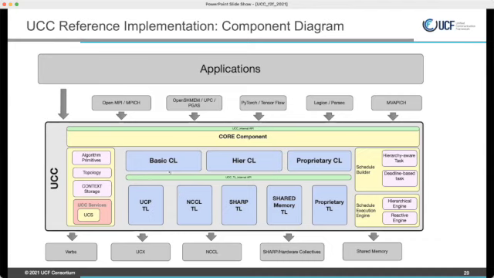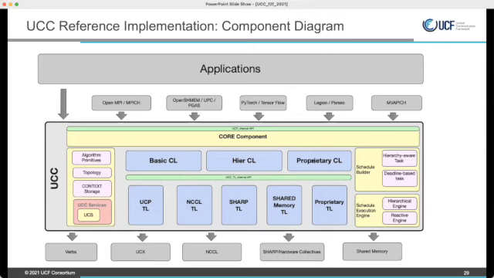On top of that is the CL, the collective layer. In the collective layer, you can think of various strategies to implement the collectives. Basic CL is almost a very close mapping to the TL below, except for the composition part. Hierarchical CL is another way to implement collectives, and Val will go into details here.